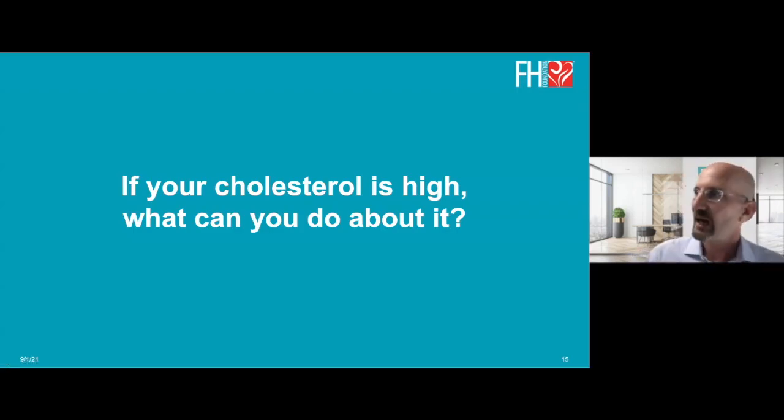If your cholesterol is high, what can you do about it? Before we talk about that, I would say that it's important to also note that having high cholesterol is a very strong risk factor for heart disease, but it is not a guarantee of heart disease. It is a necessary part of the development of heart disease, but just because you have high cholesterol, it does not guarantee that you will have heart disease. It is not